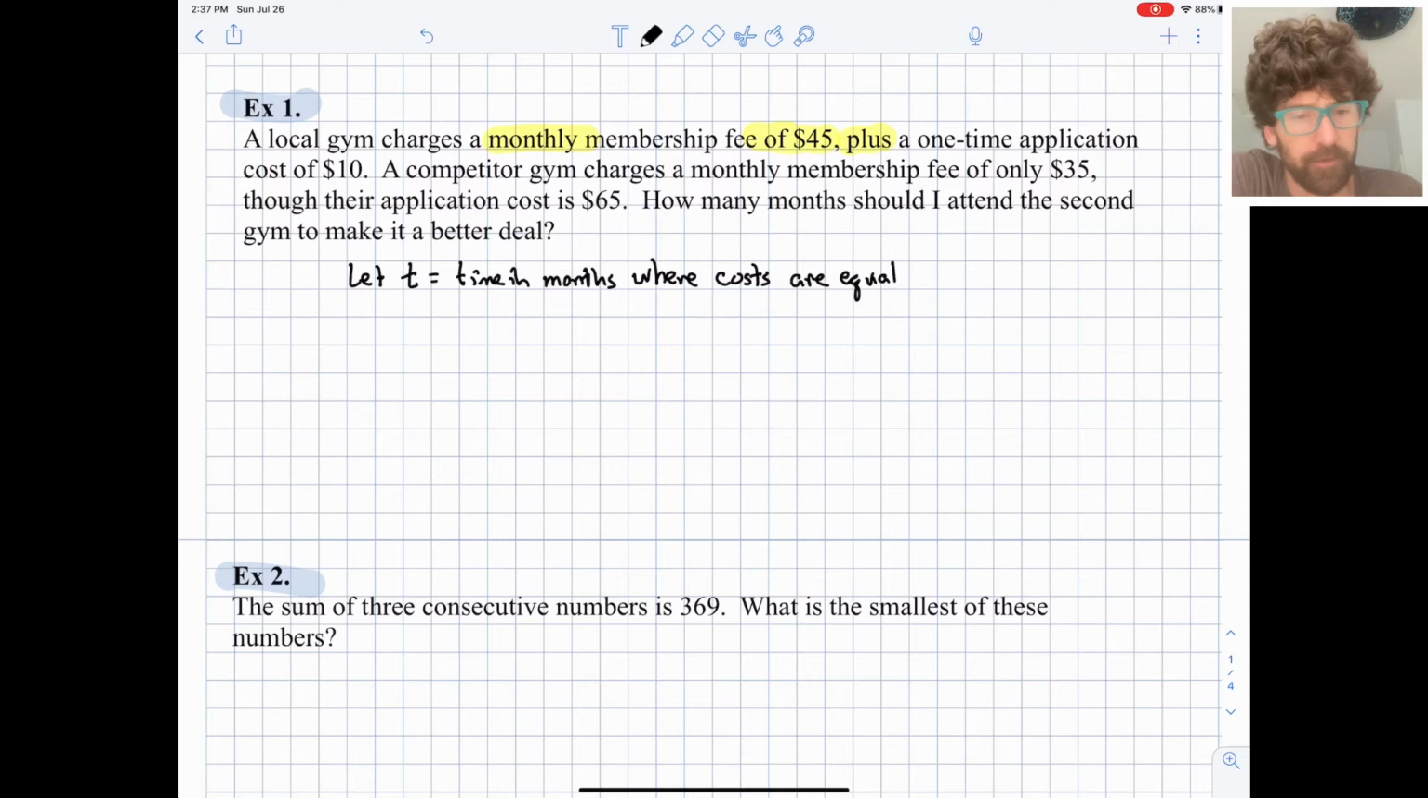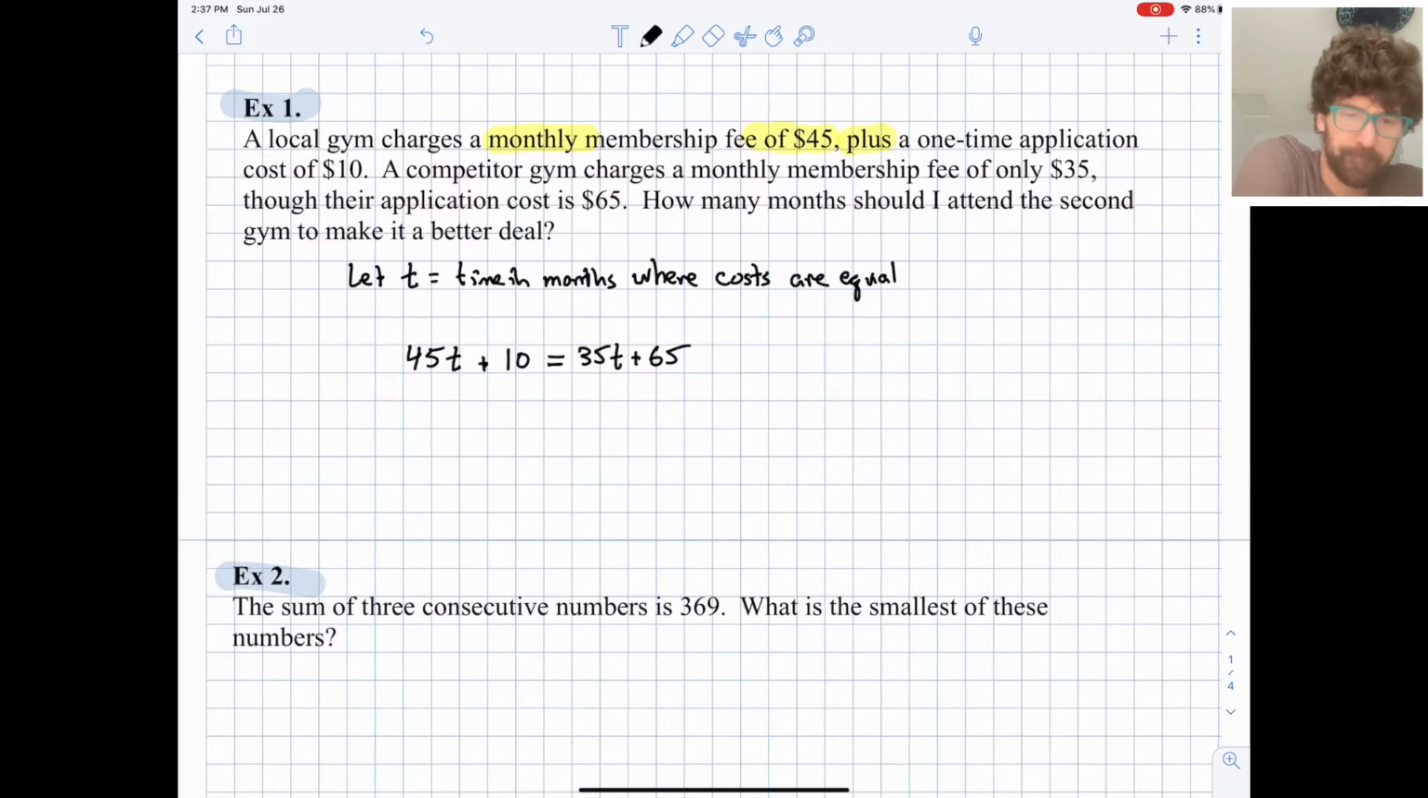So we can write out $45 for every month plus an application fee of 10, and let's have that be equal to 35 for every month plus an application fee of $65. Okay,